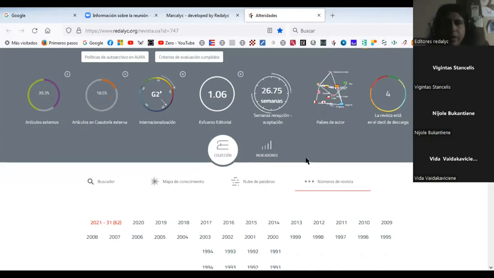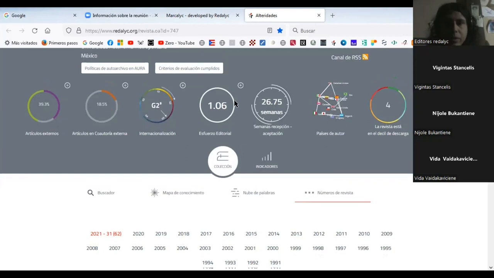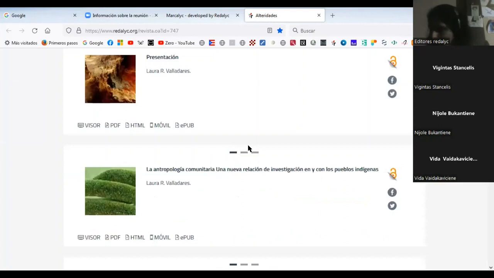The XML allows us to have, for example, indicators of the different processes of the journal, for example, the authors and their behavior in the journal. Also, the XML reduces the time that you